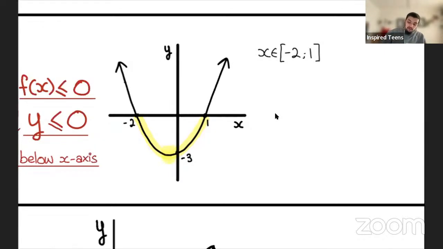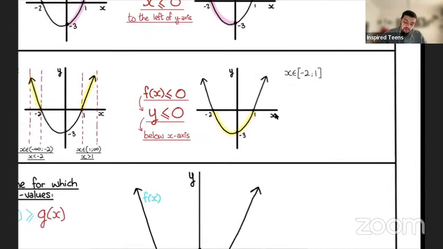I don't have to exclude the turning point here because they're not asking whether it's increasing or decreasing. They're just asking for the parts that are below the x-axis. So just keep that all in mind. And for the other people who like